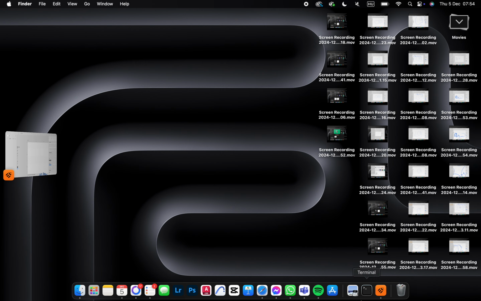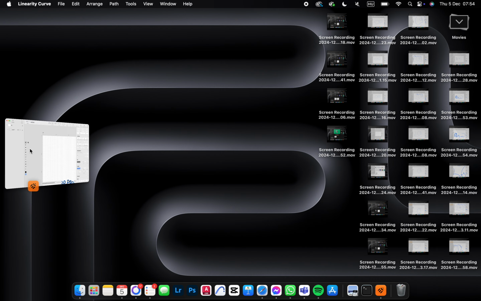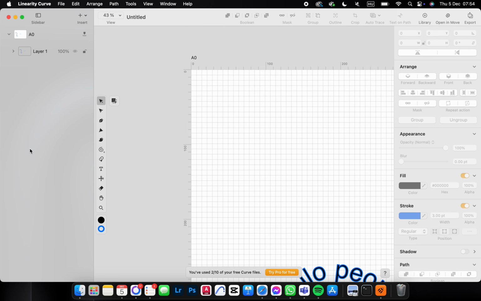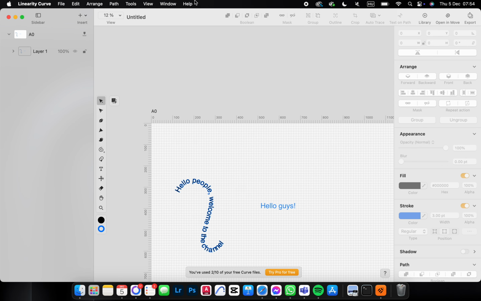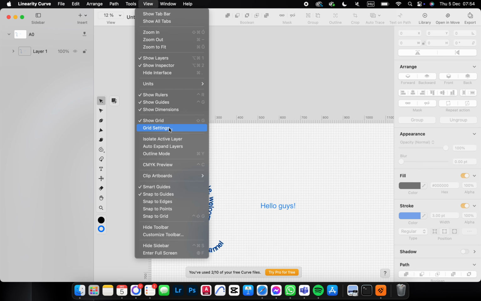To show you how to set up grid in the Linearity Curve app, first we have to open up the app, and here it opens up like this. Here we have a document. From here we just go into the top row, click on view, and then we click on grid settings,